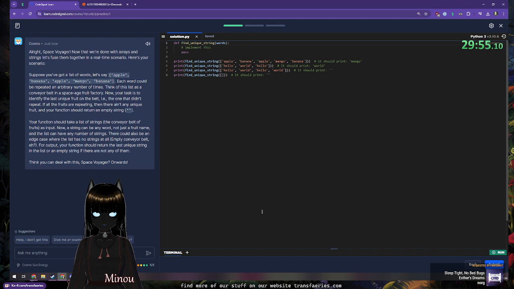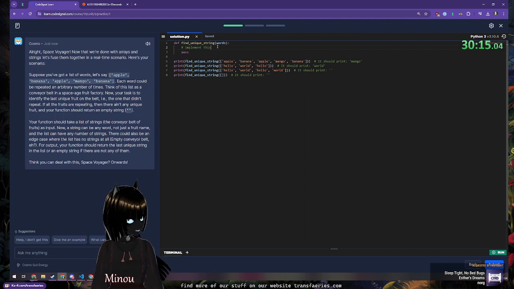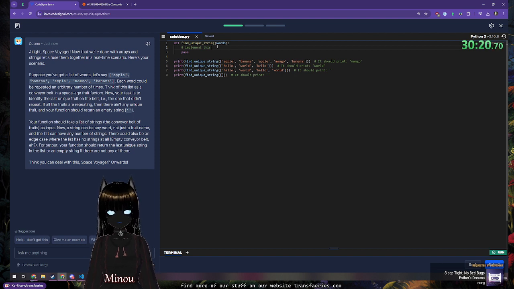So, the last unique string. But if there are multiple unique fruits, either way, you do